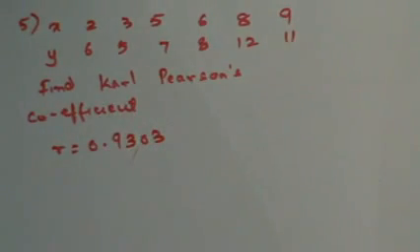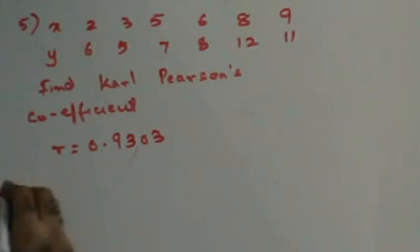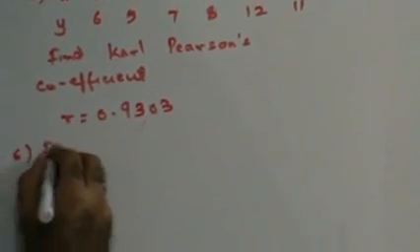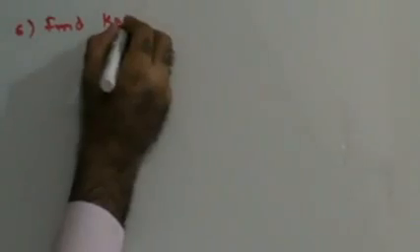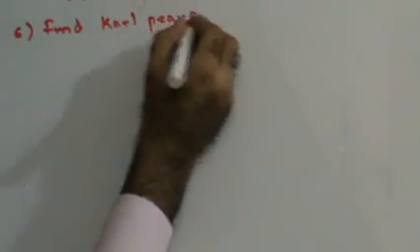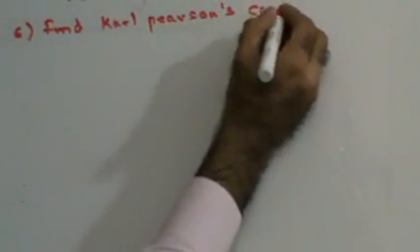Right? So I think I've given you sufficient sums for practice of the first type. Now let's move on to the second type. They will ask you to find Karl Pearson's coefficient,